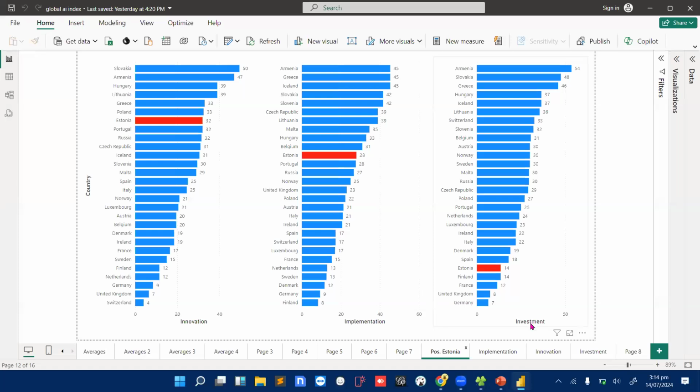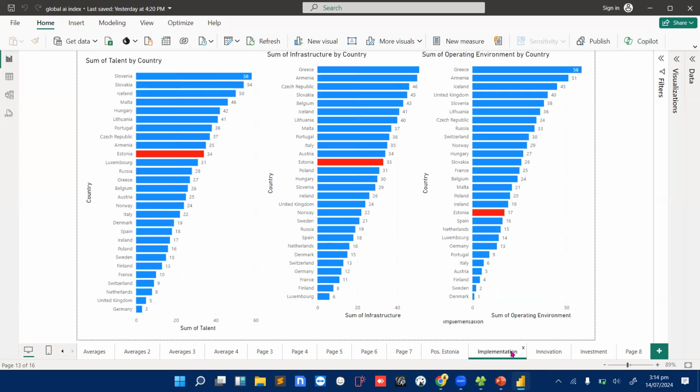But look at AI investment. We see this country, we have a lot of investment in AI. Now, I tried to do further investigations to see which pillar of investment they are even performing better. In fact, for the pillar for investment, we have implementation, we have a lot of them. If you look at, not this one, it is here.